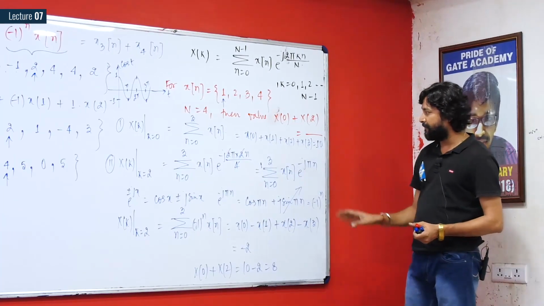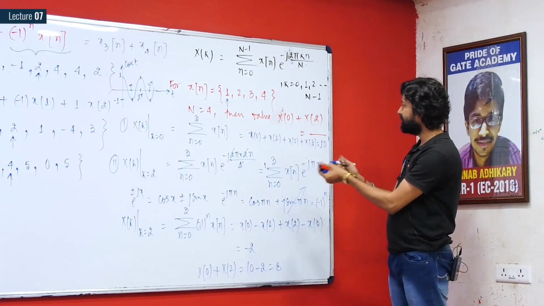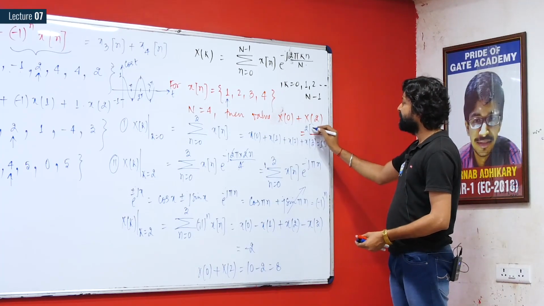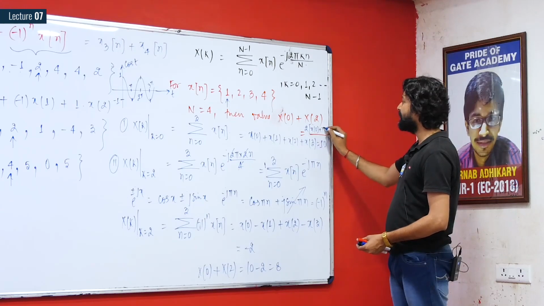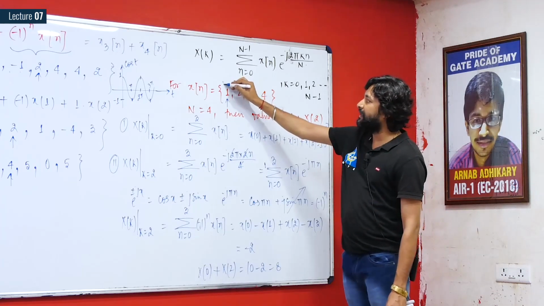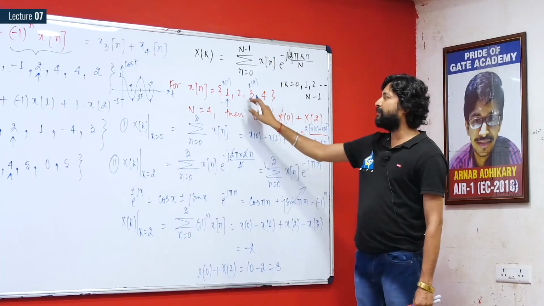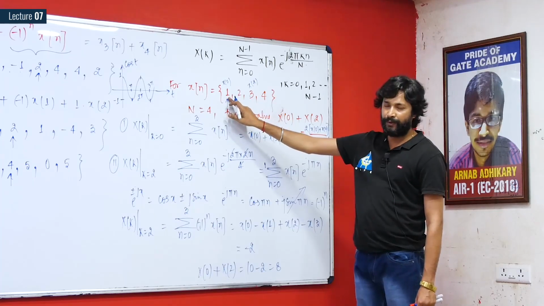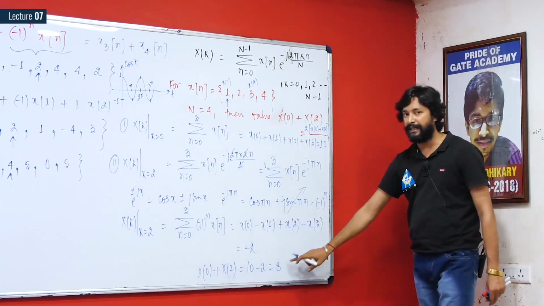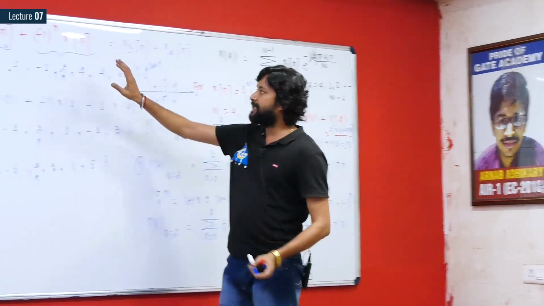So you are getting the value of x of 0 plus x of 2 equals 2 times x of 0 plus x of 2. So what is the value of x of 0? X of 0 is 1, and x of 2 is 3. So 2 times x of 0 plus x of 2, that is 3 plus 1, 4 into 2, that is going to be 8. So it is the application, whenever you are going to find terms like this, summation